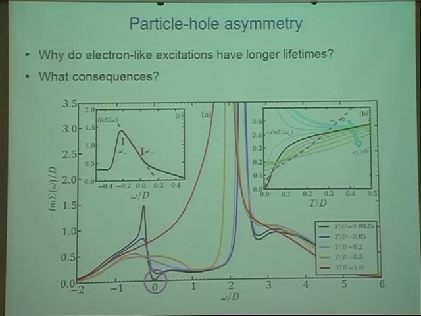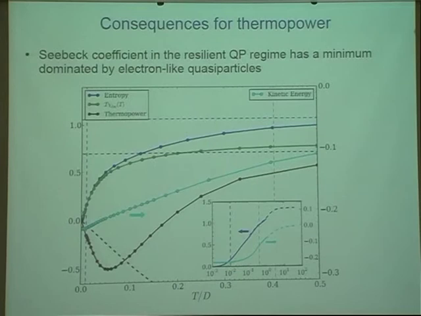One place where the asymmetry has quite dramatic consequences is thermopower. So we computed the Seebeck coefficient here. It's the black curve as a function of temperature. And the little correction here is just the Fermi liquid result. The main correction to this actually comes from the asymmetry of the self-energy at low frequencies. And you see there's quite a dramatic impact on the slope, which is almost twice as big because of the asymmetry.